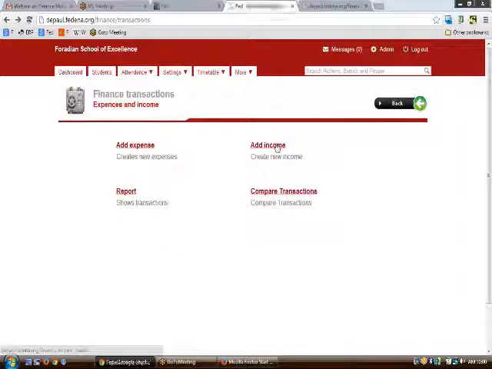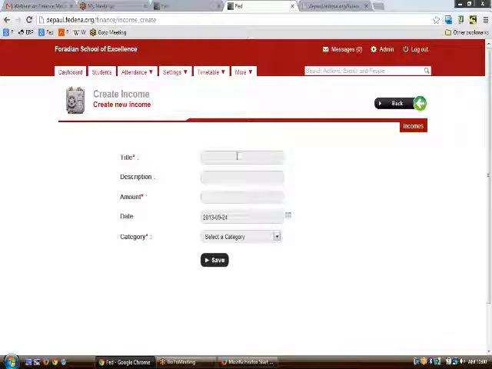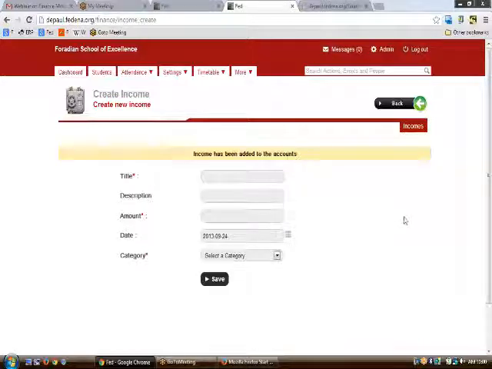In the same way, you can go to the income part, where you can type the reason for the income, and on clicking create, you would be able to see all the incomes here.